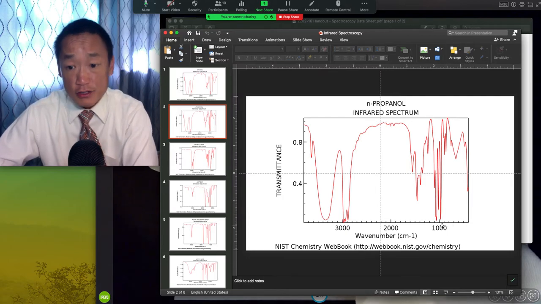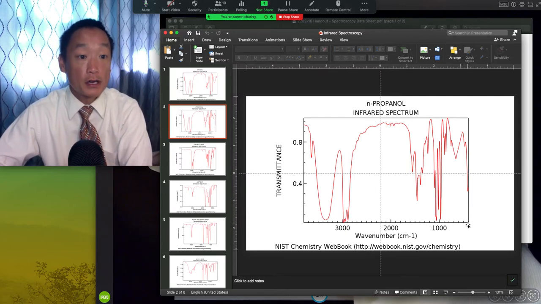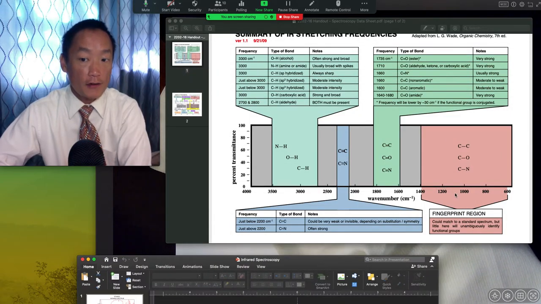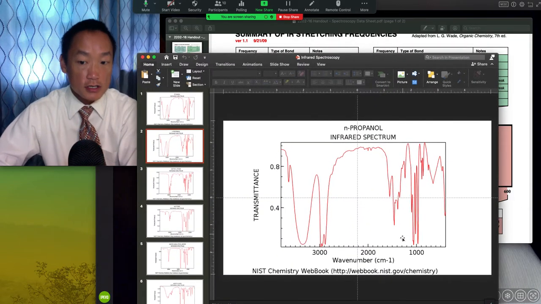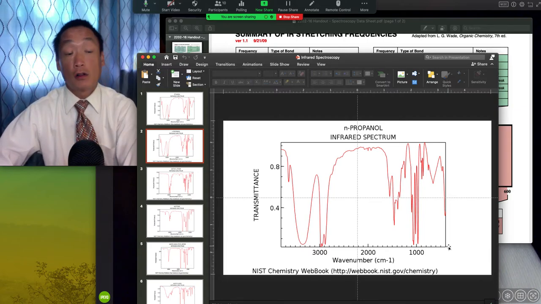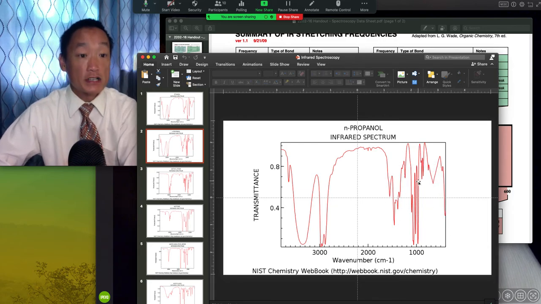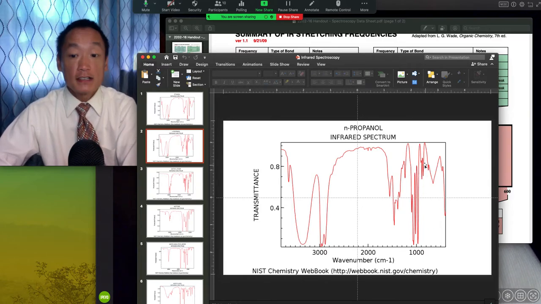And as a result, this region here is not very good at being diagnostic for what could occur in that molecule. If you look over here, I don't have any association to a certain type of bond in this entire region because, look, there's tons and tons of peaks that occur here. It's going to be really hard at your level, and even my level, for instance, to determine exactly what type of molecular motion is occurring in the molecule at these wavelengths of light because there's just so many of them here. This is a non-diagnostic region of this portion.